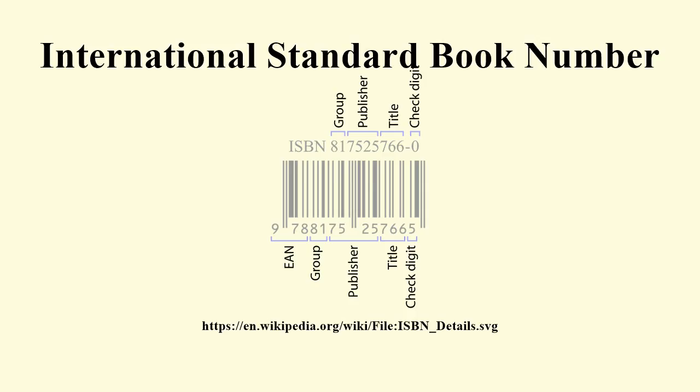ISBN 10 check digits. The 2001 edition of the Official Manual of the International ISBN Agency says that the ISBN 10 check digit, which is the last digit of the 10-digit ISBN, must range from 0 to 10, and must be such that the sum of all the 10 digits, each multiplied by its weight, descending from 10 to 1, is a multiple of 11. For example, for an ISBN 10 of 0306406152, formally, using modular arithmetic, we can say,